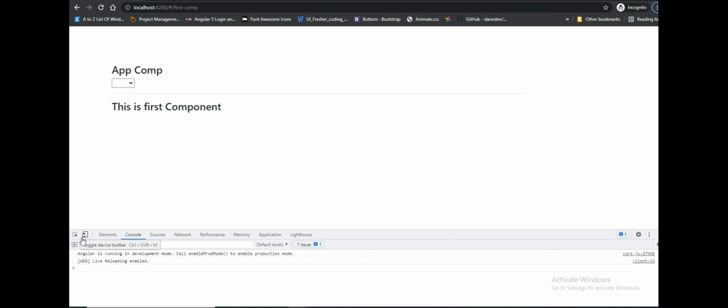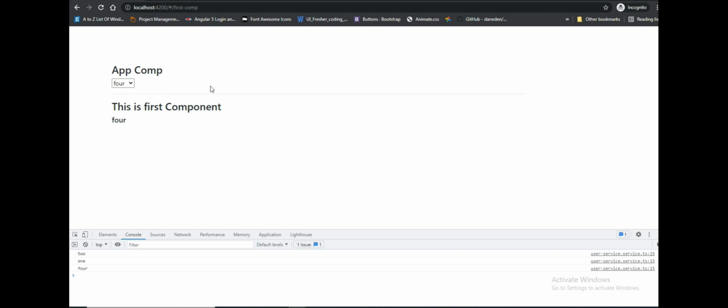Okay. Now if I change the value on the drop down, I need to show the value in the first component. So see, the value has been changed. 1 1 4, the value has been changed, right? So in this way we can capture the live data. In my previous project I have used this.